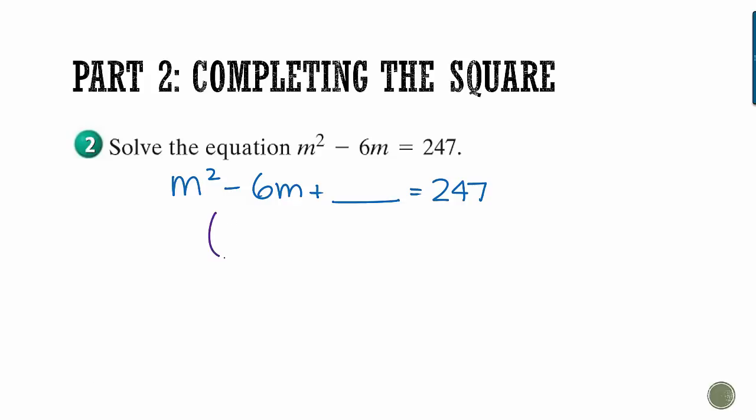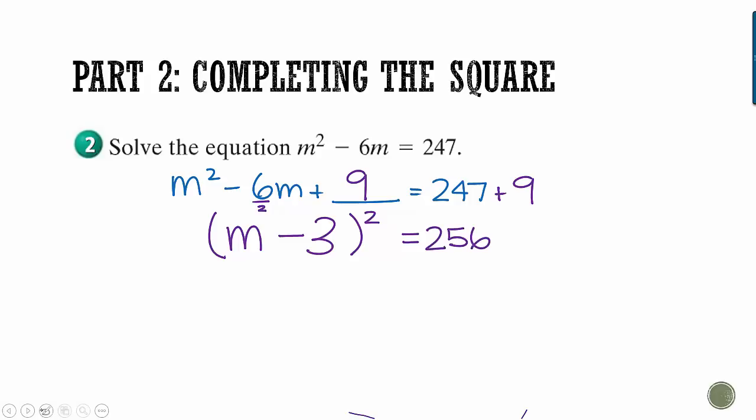Remember, I want a perfect square. I want something that when I square it is going to give me m squared minus 6m plus something. So an m goes here. Remember, you cut this in half, so you get a negative 3. And then you square this. So negative 3 squared is positive 9. Whatever you add to one side, you've got to add to the other. We can't just go adding random things places. So you end up with